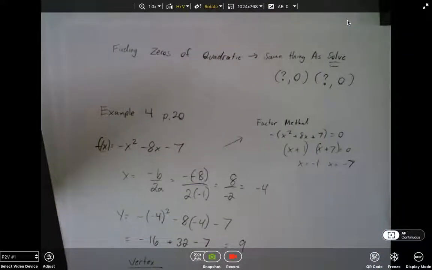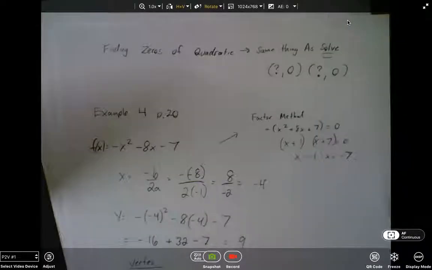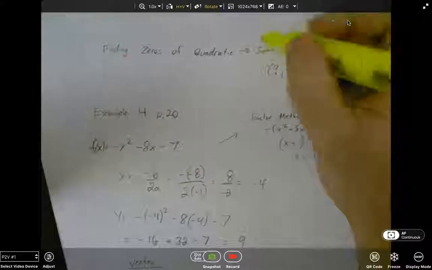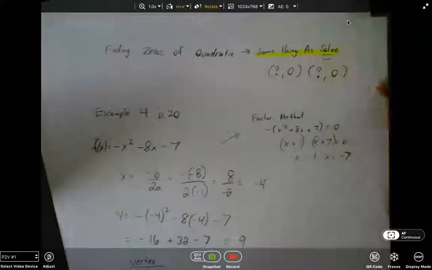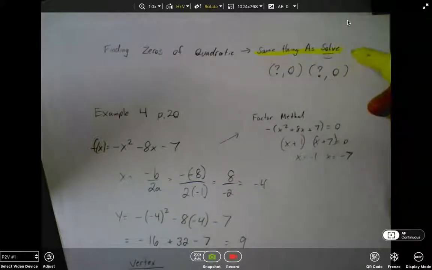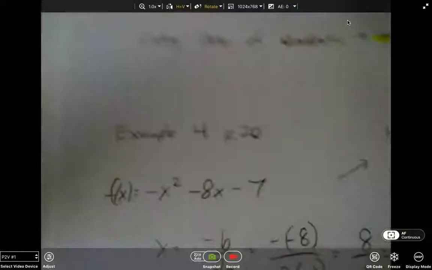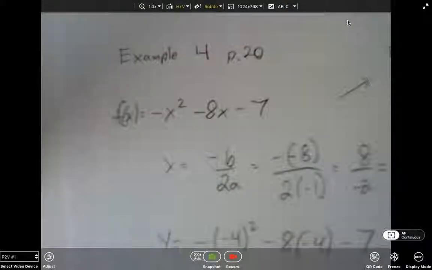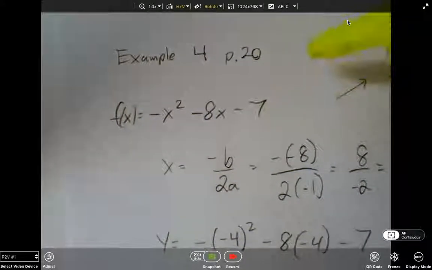All right, so in this part of the lesson, guys, I just had you try to find the zeros of a quadratic. And like I already told you, that's the same thing as just solving the quadratic, figuring out when y is 0, what is x going to be. So in example 4, on page 20,